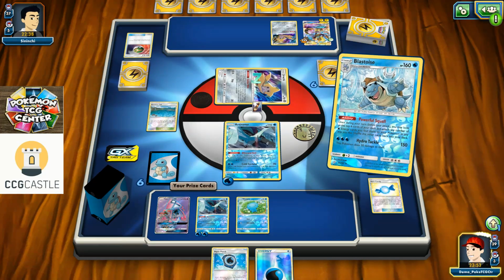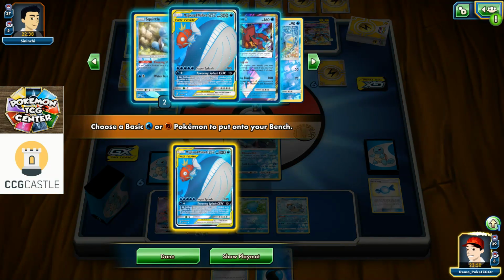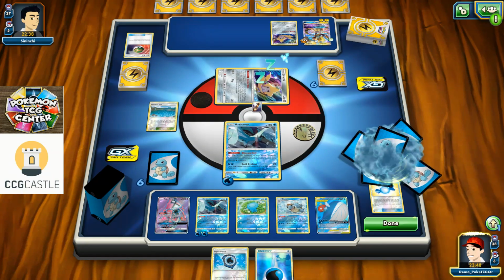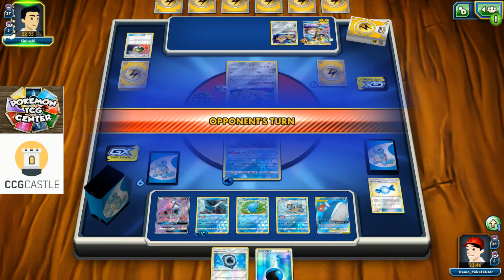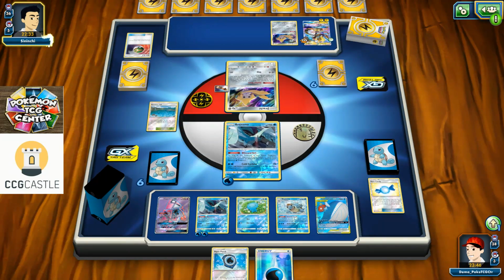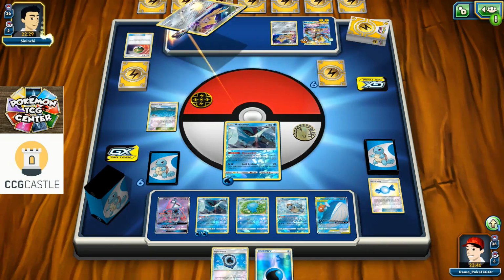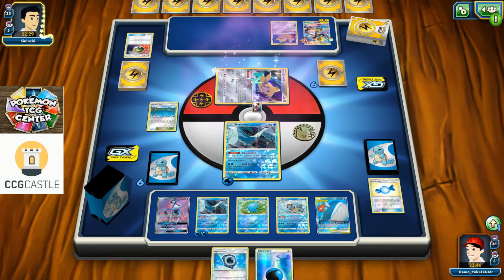Not a single energy card. Still, we are ready to go with that Brooklet Hill for Wailord. And I'm passing my turn. So he managed to wake up. There's another Stellar Wish for another copy of Nazball, we might see another...